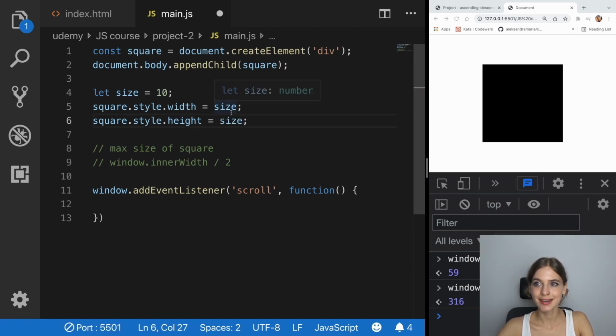But currently the size is holding only the value of 10, so we need to make sure that we introduce the unit of measure, and we measure the height and width in pixels. So we're gonna concatenate our size with also pixels. And what is happening underneath, because we are concatenating a number and a string,